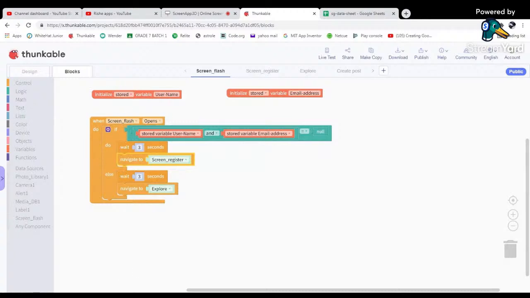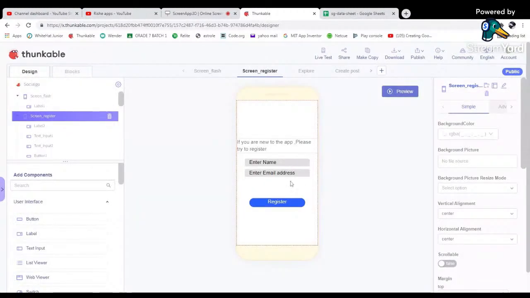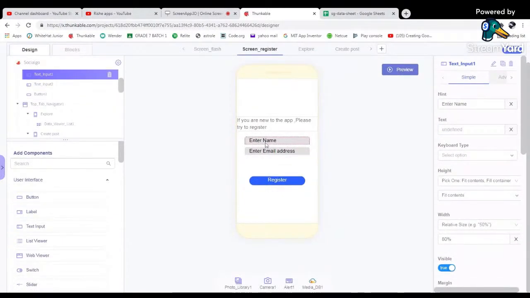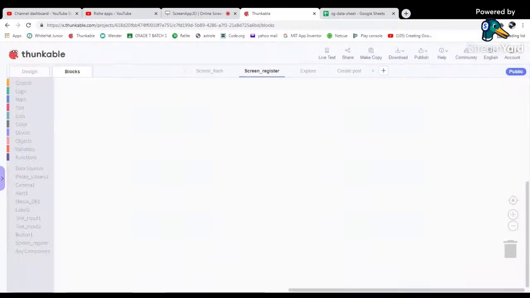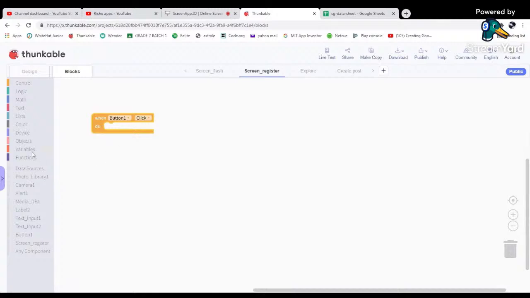Now let's go to the screen register. It has three things here: enter name, enter email address, and register. We need to know the id of each thing. You can also change the id of each. I can leave it as it is: the name input is text input 1, and the email address input is text input 2. Now whenever the user clicks button 1, the register button,